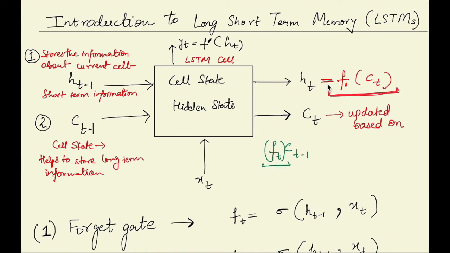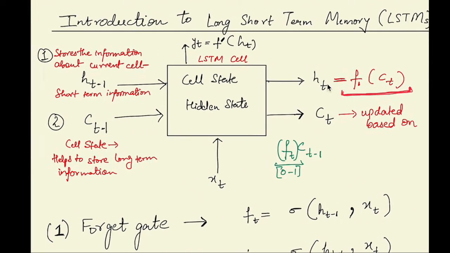So let's say we generate a value ft between 0 and 1, and if you multiply this value with ct-1, it will tell us how much of the previous long-term information we have to carry forward. If ft is 0, that means we don't want to carry forward any of the long-term information we already have. If ft is 1, that means we want to carry forward all the long-term information we have till now. And then we generate new information,